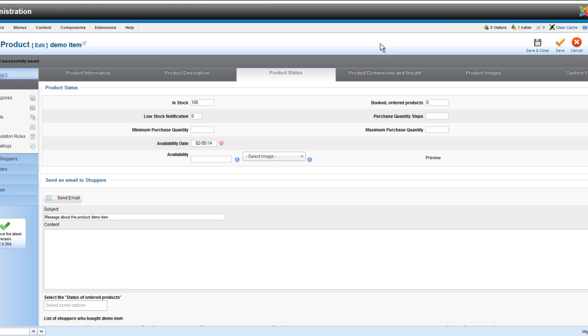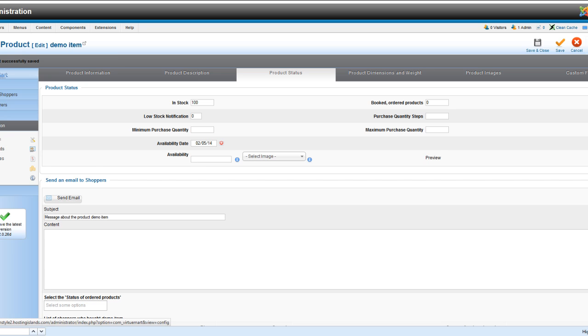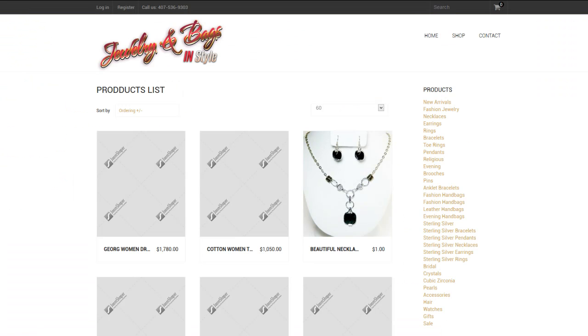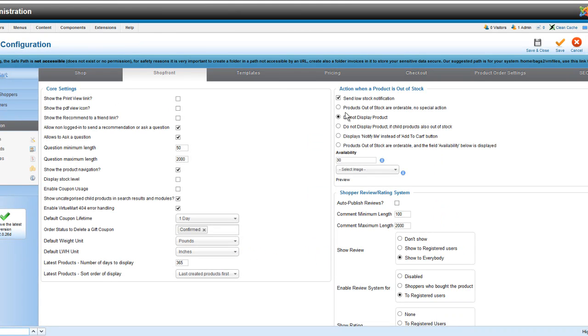And I also just realized that when you are out of stock, you're going to get an email notification, but I don't see the option to automatically unpublish. It just says do not display it. So the weird thing is it does remain published even though it's out of stock, but not visible from the front end. So pay attention to your emails when you run out of stock, or change this setting to